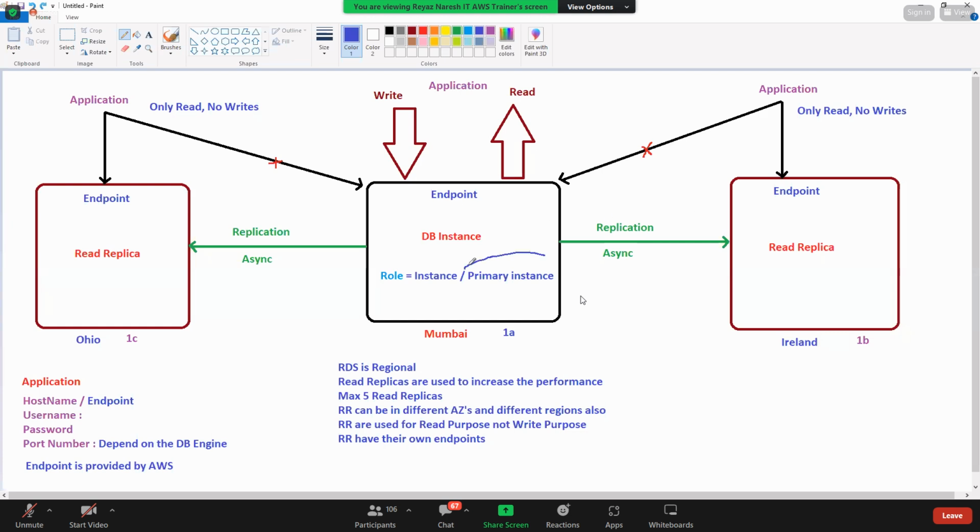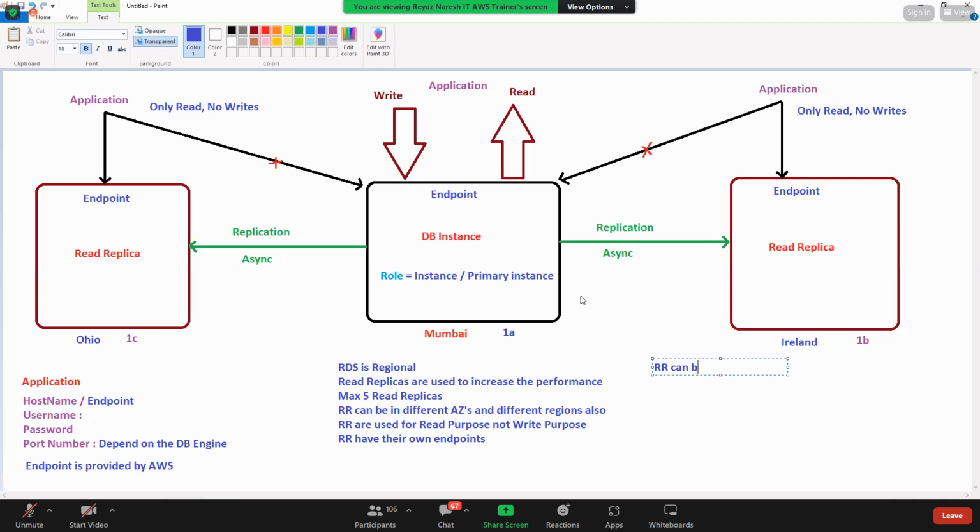So this is the primary instance, no? So there is a primary instance and a read replica. I don't want this read replica. I want to have a standalone machine, a normal instance. So guys, anytime you can promote it to a normal instance. If you promote it, do we have any replication anymore? No. So a read replica can be promoted to a standalone DB instance.